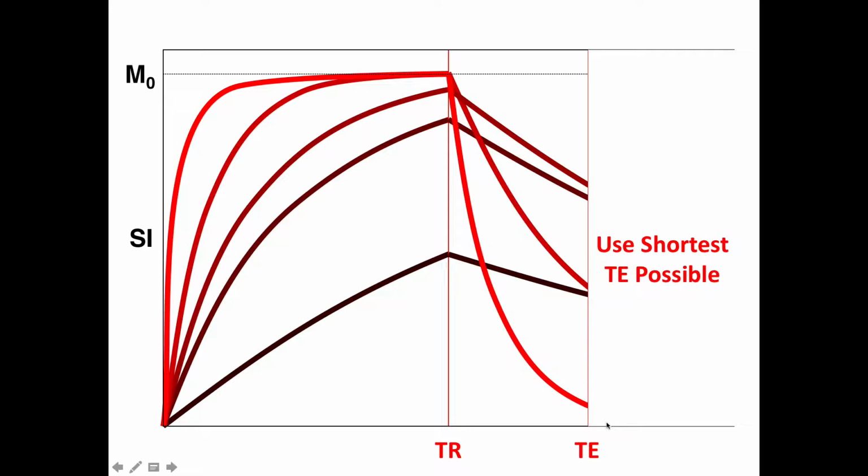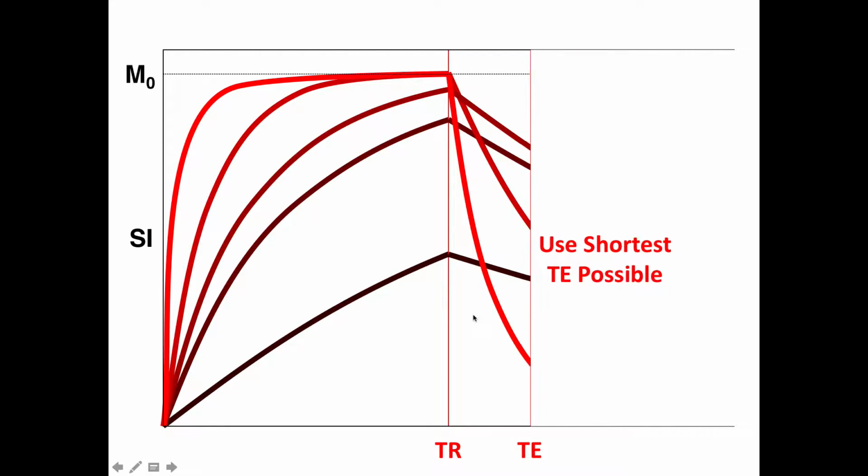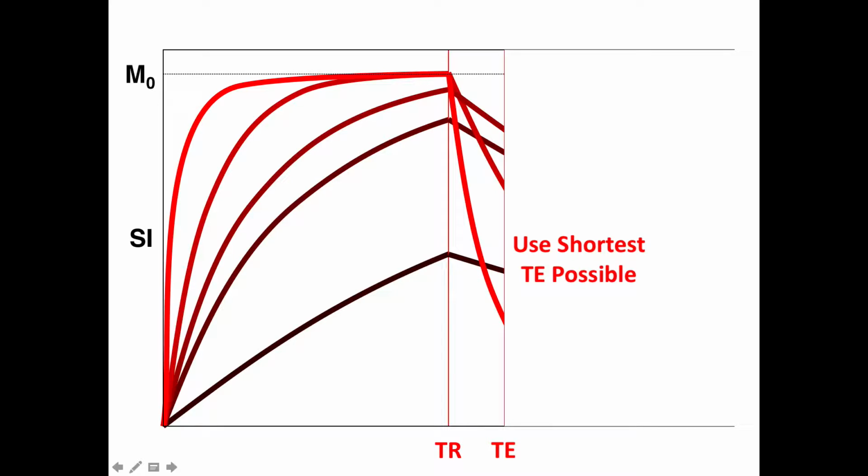So if you want to visualize gadolinium, use the shortest TE possible. So here are the different curves. We want to get this TE down because if we can lower that TE, then we get more signal. And notice now, maybe I should have drawn this so that we'd have even more signal from this gadolinium. But the point is that when you give gadolinium, use the shortest TE possible because gadolinium causes signal loss. If you can make your TE super short, then your gadolinium weighted images will be of higher quality for the